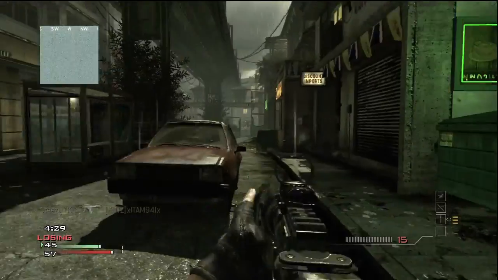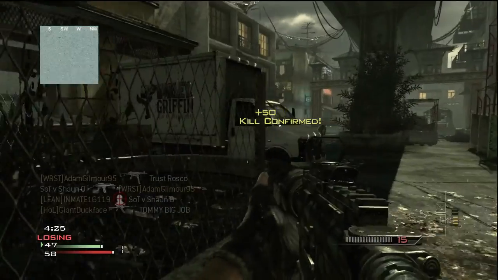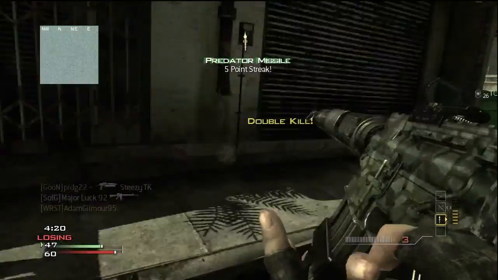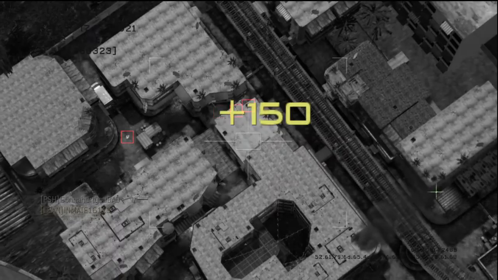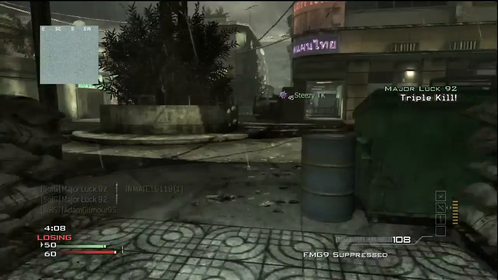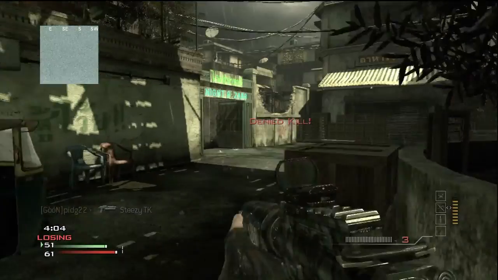Because, like I said earlier, if you don't hit all 3 bullets out of the burst, you're probably in trouble. As you saw there with that double kill, I pretty much had to hit all 3 bullets, otherwise I was dead, 100%. But here comes a nice triple kill there with a Pred. But yeah, the thing with the burst weapons is, if you don't land all 3 bullets, if you land at least 2,